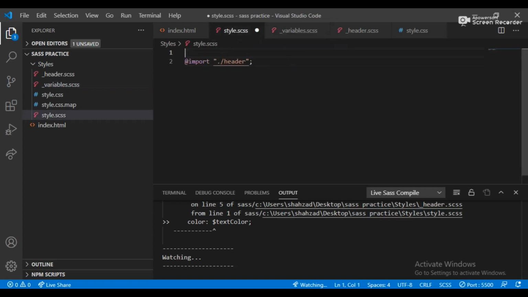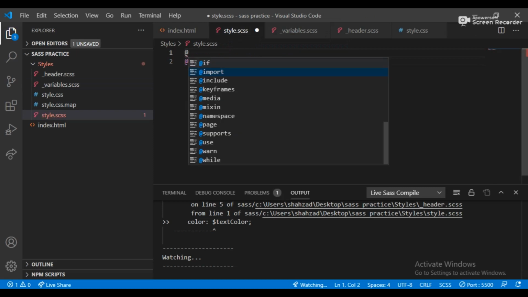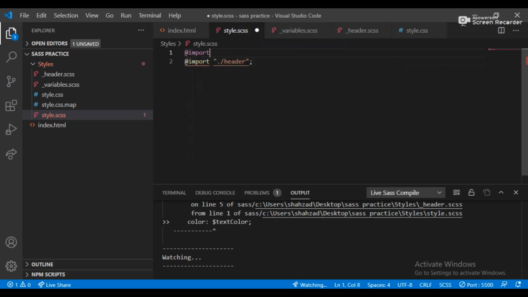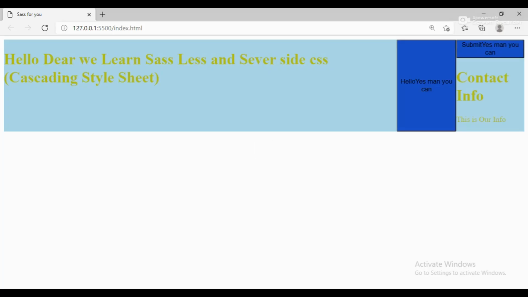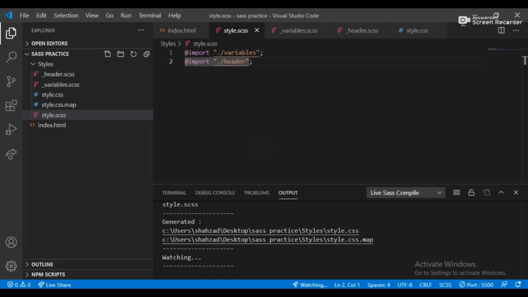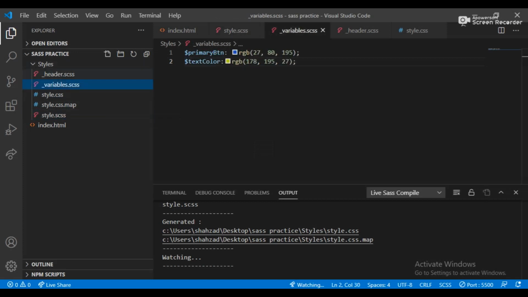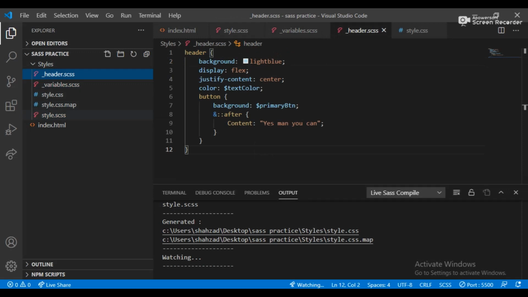So you can add @import, and say this is the style variables. Don't use the extension for SCSS, because it's handled server side, so it calls automatically, and now you can see the result appears. You can see all the separate files have been done.